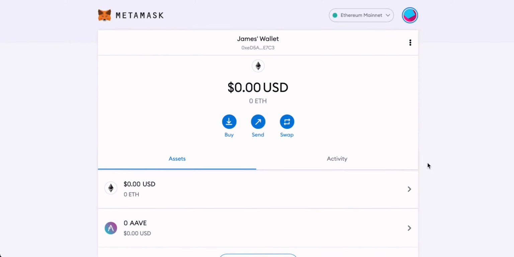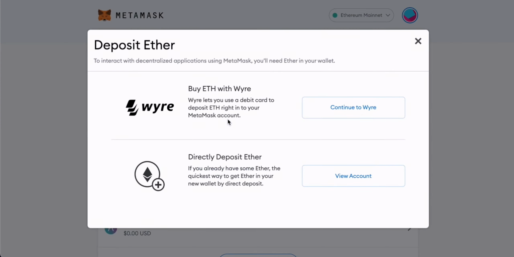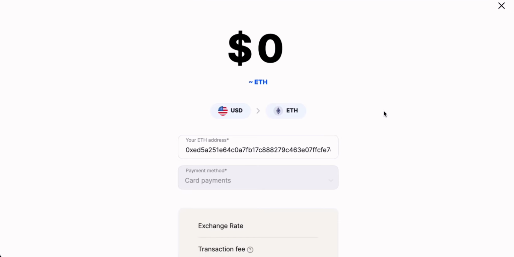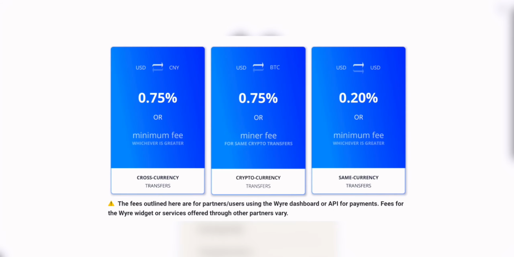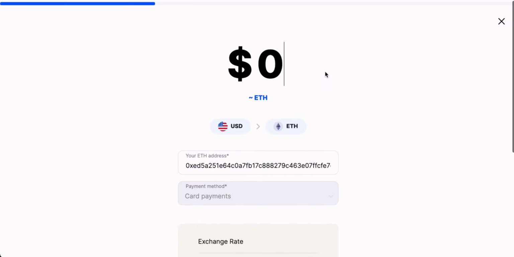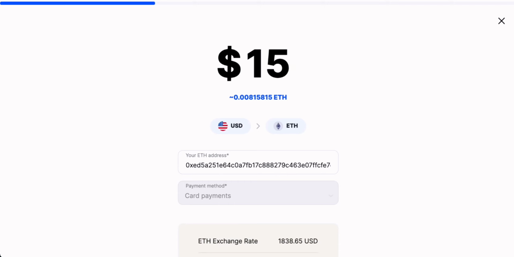Next up, let's come to buying some cryptocurrencies on MetaMask, and MetaMask do actually link up with some third-party service providers that allow you to do this. The way that you can buy and deposit some Ethereum tokens onto your MetaMask is using Wire. So if we just continue to Wire and see some of the options here, Wire is a third party and is not MetaMask. It's just providing a service here for MetaMask users. They do have their own fee structure as well, which is 0.75% for purchases or a flat fee, whichever is higher. You can simply enter the amount that you want to purchase right here and it will show you how